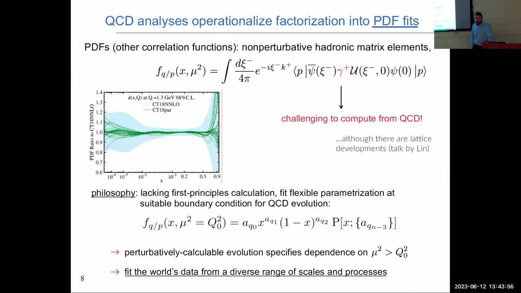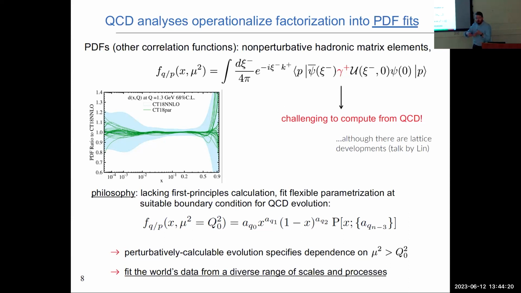Now, the way we actually do this, as I'll get to a little bit later in this talk, is through what we call a QCD global analysis. Is anybody in this room, have any of you actually been involved in any of this? Fitting PDFs, or for that matter, related quantum correlation functions like TMDs. Okay, good. So I'm seeing a couple of you. So that's excellent.